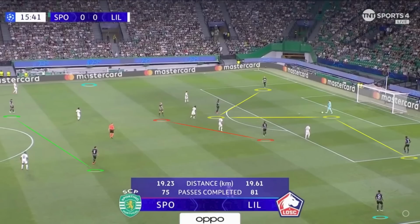So here we see Sporting have possession with their goalkeeper inside of their own box, with Diomande pushing up from the central centre-back position to the edge of the box, forming what is essentially a double pivot with Morita, also deep on the edge of the box, with Heumann sitting slightly higher, in what is actually quite an unusual position. But if you think about it, this unique positioning puts Lille in a positional dilemma, as with the